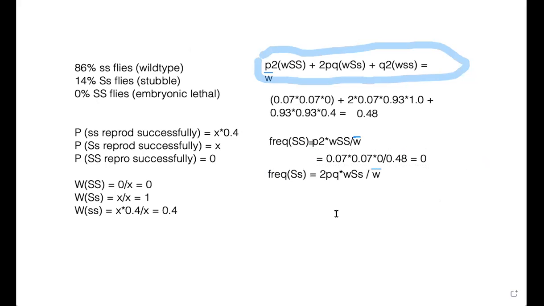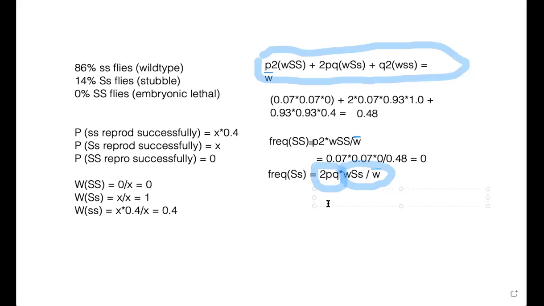And remember again that these terms right here tell you how strong the selection is. 2PQ is what the genotype frequency would be in the next generation if there wasn't any selection happening. If there wasn't, we'd be back in Hardy-Weinbergville, but we're not. So this term, the relative fitness divided by the mean fitness, gives you the strength of selection